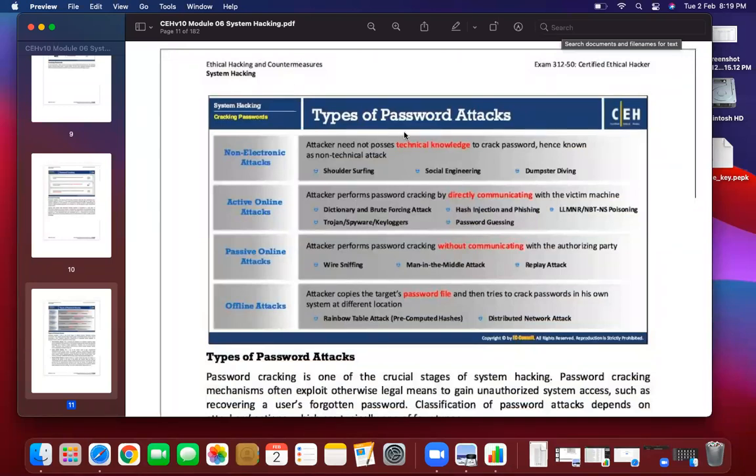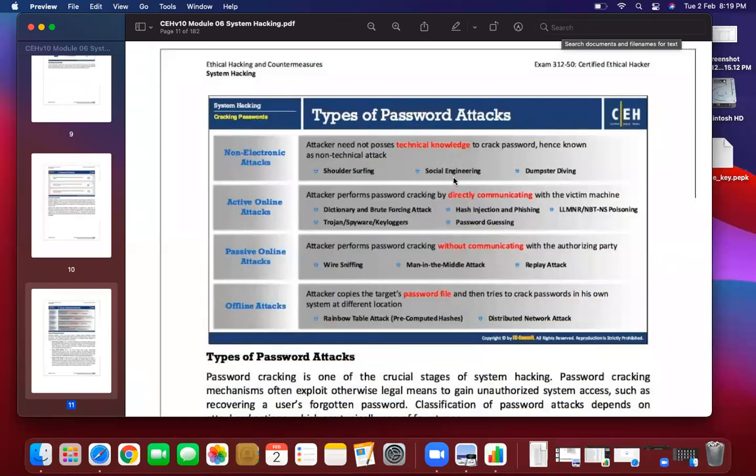So in the types of password attacks, as I told you, non-electronic, active online, passive online, and offline. In non-electronic, shoulder surfing is the first one, then social engineering. Let me give you an example of social engineering. Let us take an example that you want to hack person A. Person A works in Infosys. You send a friend request to person A, and person A accepts your friend request.